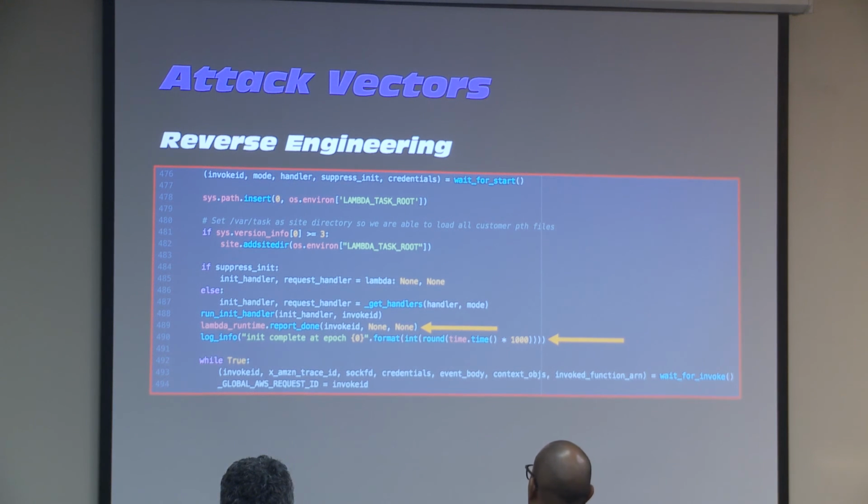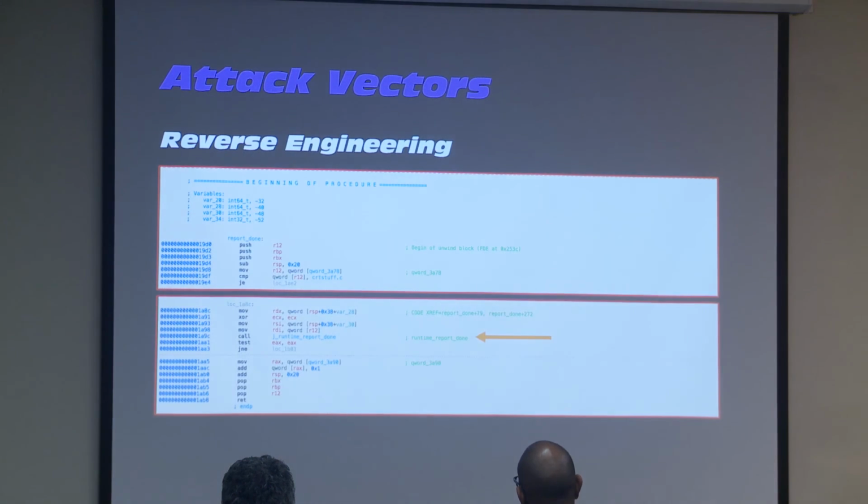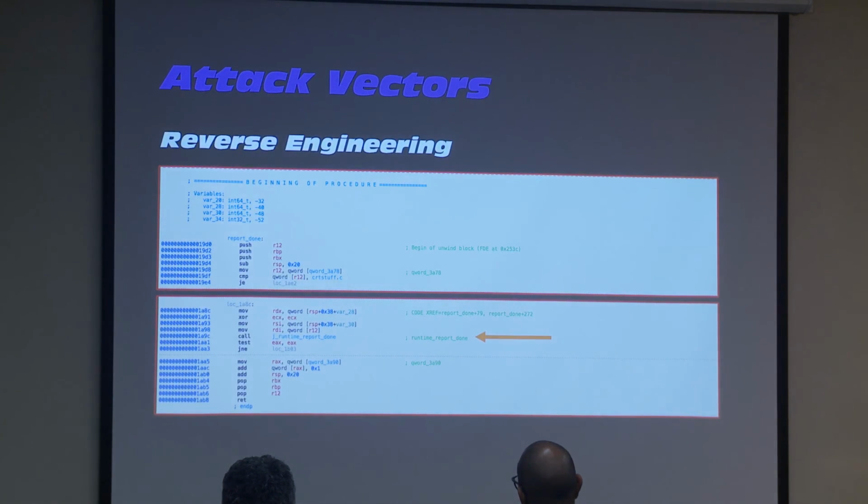Stop billing, stop doing any sort of X-ray tracing for debugging. We see here also that again we're billed by the millisecond. So this looks like it is logging the beginning and the end and rounding it to the thousandth, right, for the millisecond billing. Again, this is just another example of runtime report done.